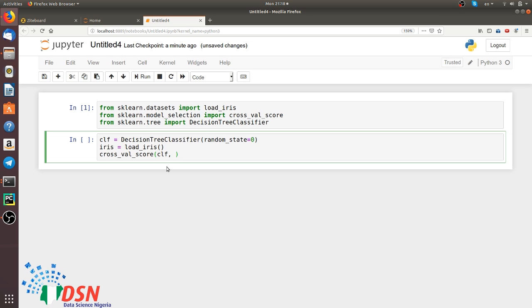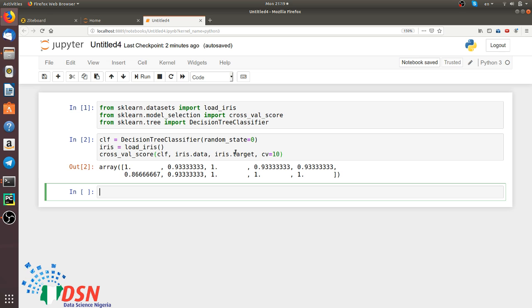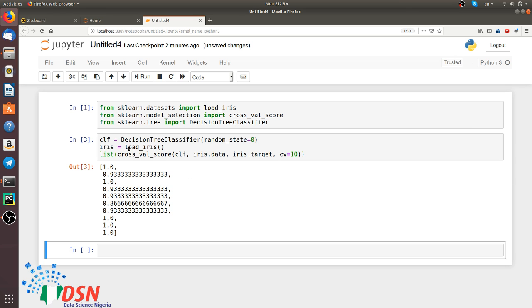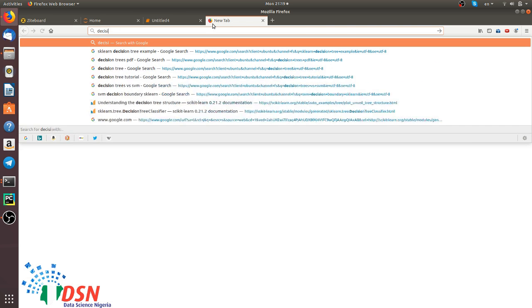Now we could get the cross-validation score of our classifier, and the dataset is iris.data, and the target values are iris.target, and we will use tenfold cross-validation to see the validation scores. Okay, now in here you could see we have a very good accuracy on the validation set. So it has a pretty good performance. But let's see the